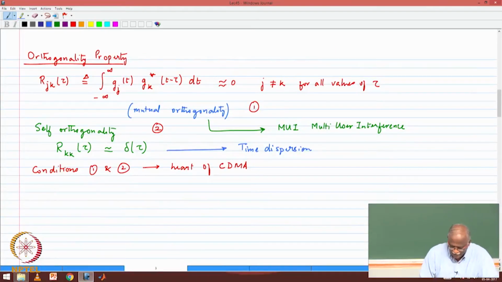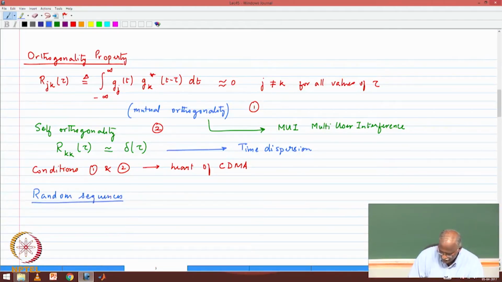we studied the properties of random sequences. Let me just write down the key results. Random sequences are a starting point for our understanding of the choice of spreading sequences, and we showed the following properties, and basically we said that if we can achieve this type of performance, it's very good. So, for random sequences, the autocorrelation R_XX of k comes out to be delta of k, and that's a property of the sequence. And the cross correlation